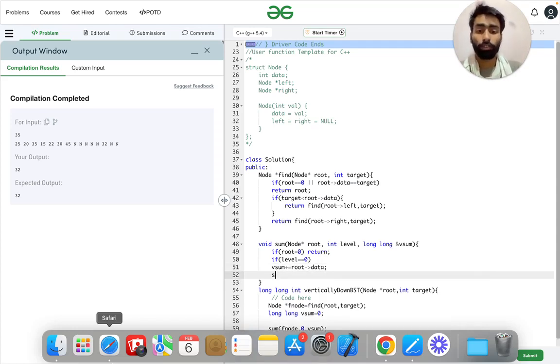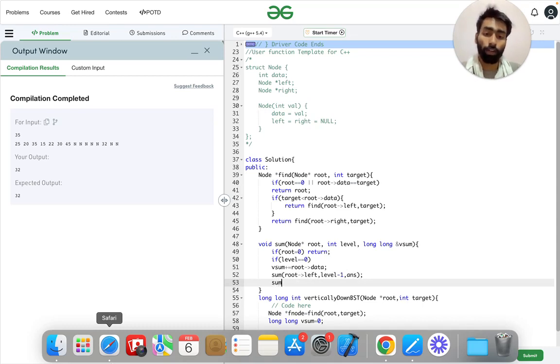Then we look further in the left child and right child. To look in the left child, we write root left and we decrement the level, and to find the sum in the right child we increment the level.